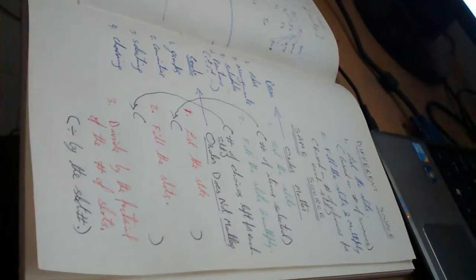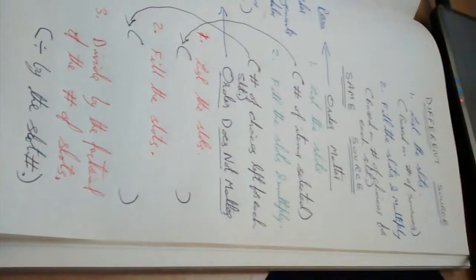So coming back to the third question, the first step, what does it say? It's a group question: how many different groups of people could win the gift certificates? The first step is list the slots, based on the number of items selected. There are 3 gift certificates to give, so I'm listing out 3 slots, 1 for each certificate. Now, who can get the first certificate? The second step says fill the slots based on the number of choices left for each slot. The first certificate, any of the 5 people can get. Second certificate, any of the remaining 4.